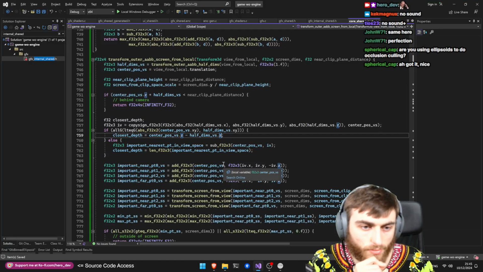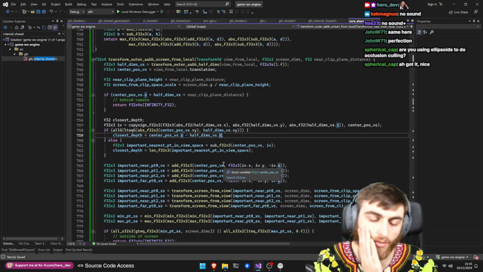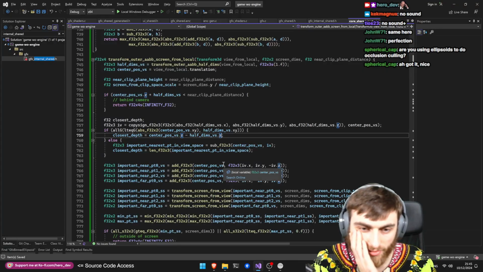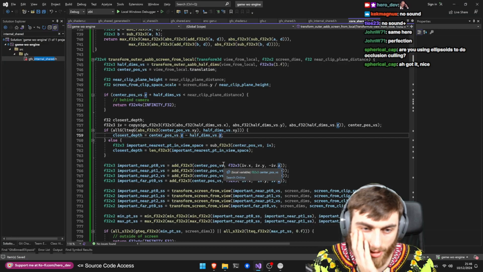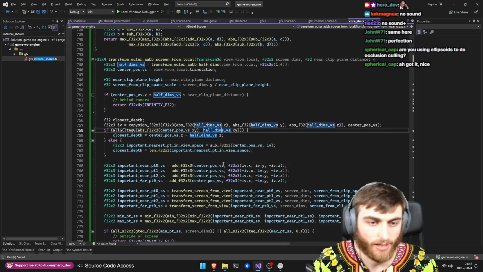If the absolute of the center position is less than, it's kind of like near the middle of the screen, just use that. I don't see the problem with that. Just use the closest. If we just did this line anyway,